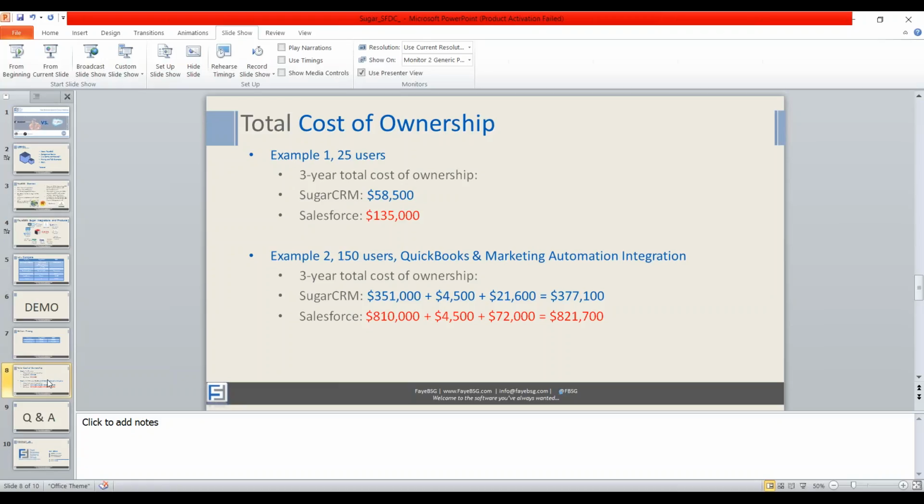But a few examples here at the top of exactly the difference between the cost of ownership and some pretty basic examples. Example one, 25 users, nothing else. Deploying it, you're implementing Sugar, you're not paying for anything except for the software of either Sugar or Salesforce. 25 users over the course of 3 years, you're paying almost 2.5 times as much. You've got